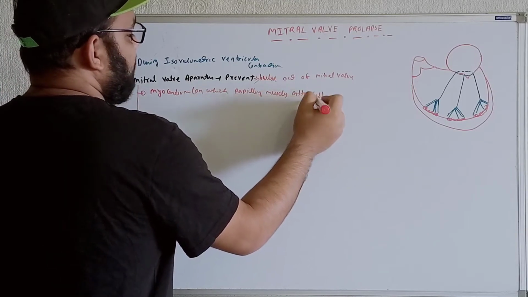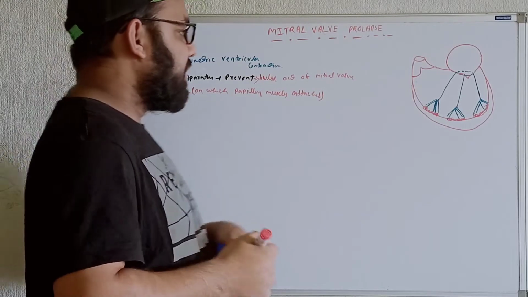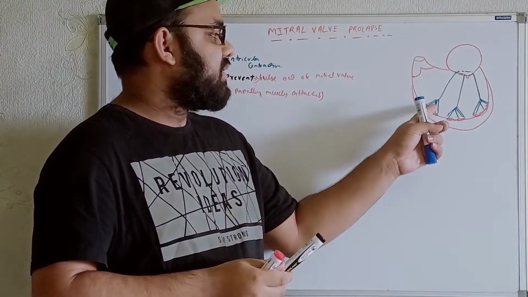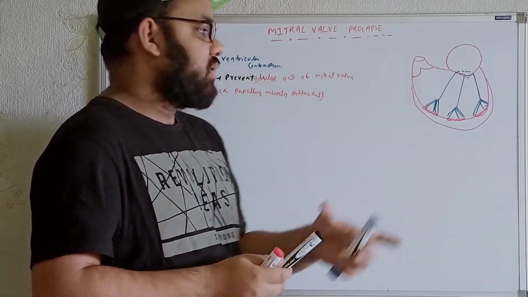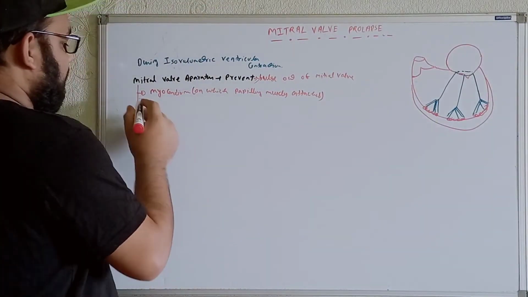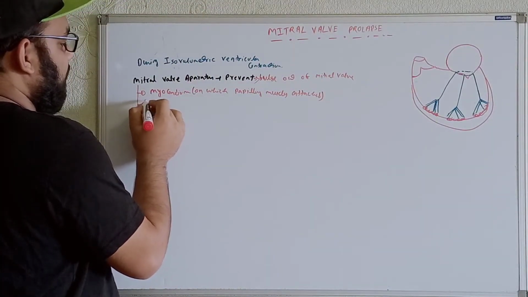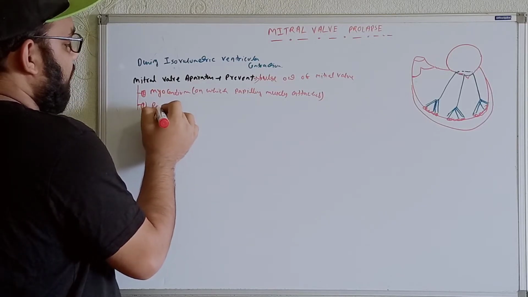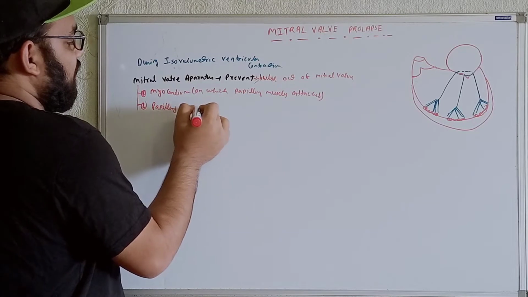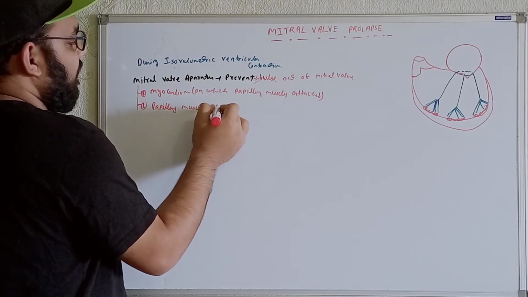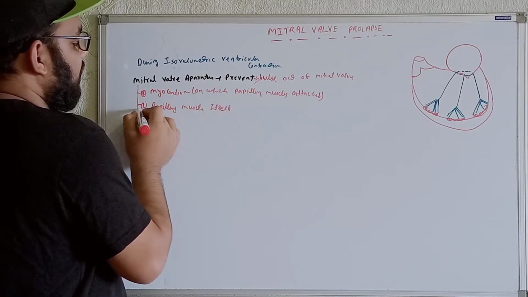The next component is the papillary muscle itself. This itself is a component of what? It's a component of the mitral valve apparatus. So we can write it down: the first component is the myocardium, and number two is the papillary muscle. The third component we get is